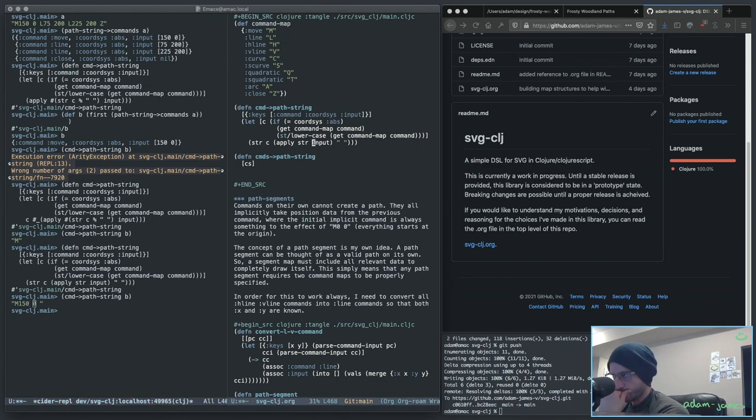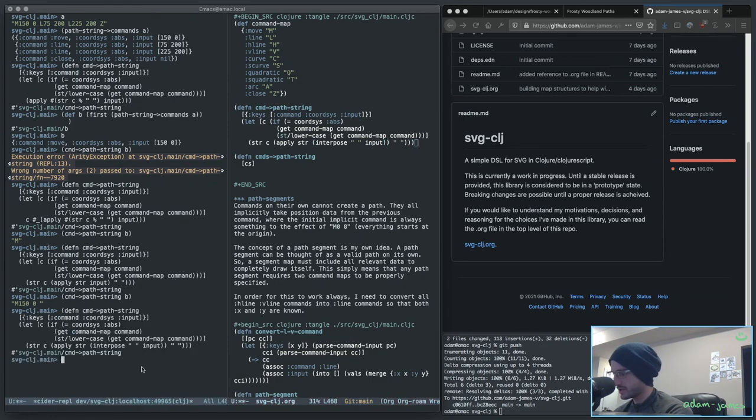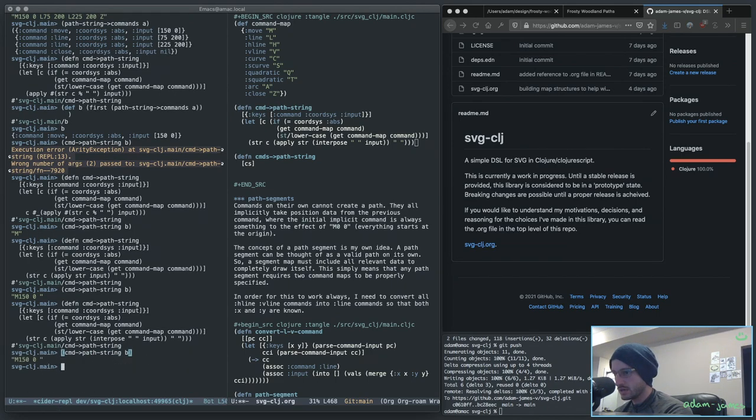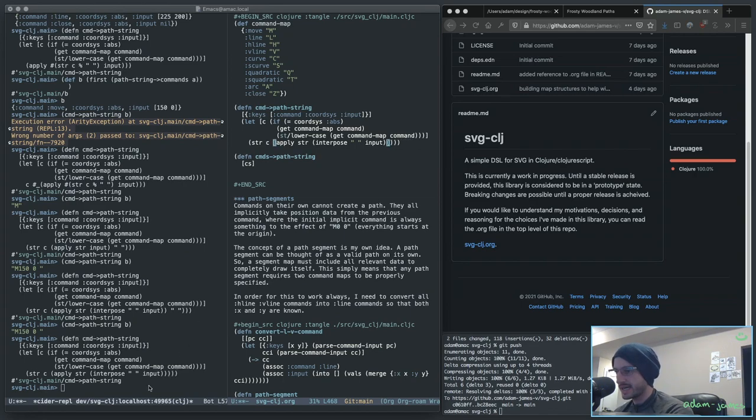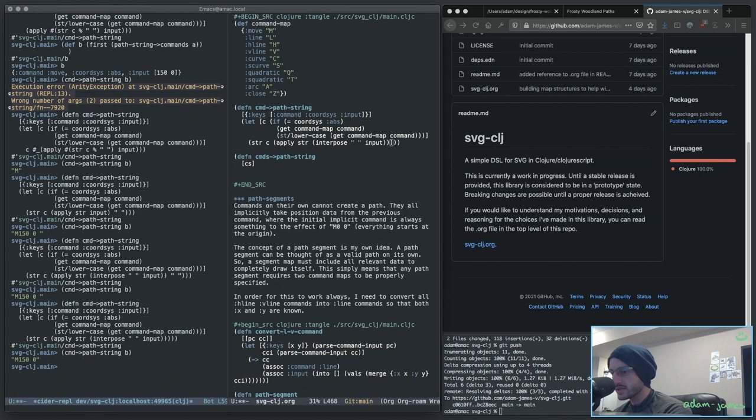I have to interpose spaces into the input in order for that to work. And that should give me the result I need. It does. I also realize I don't actually want to explicitly put a space at the end there, because when I wire this together for this one,